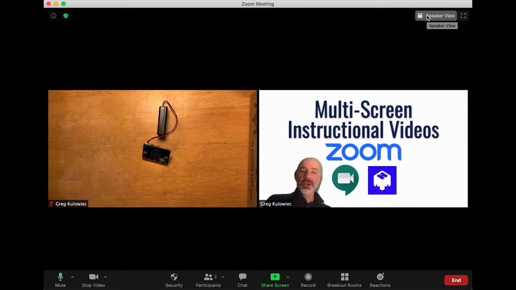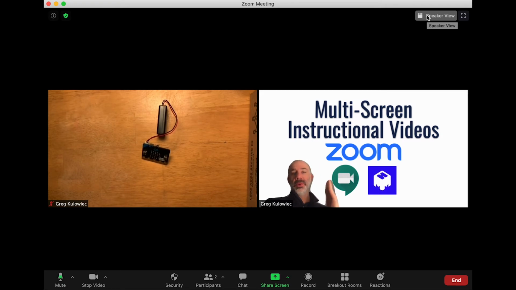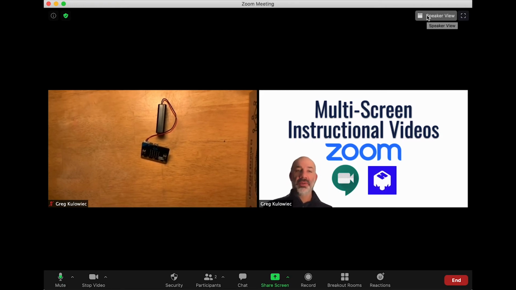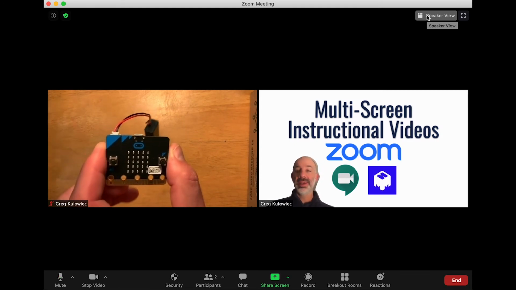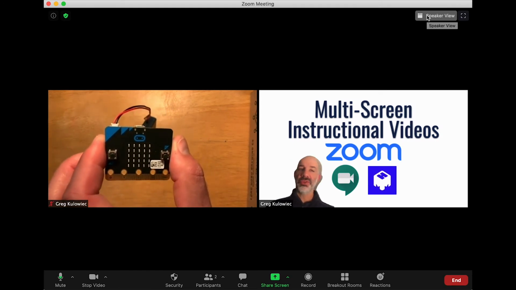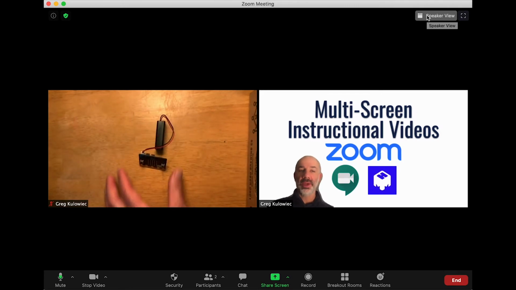And I just have this propped up on a cardboard box right next to me, but you could absolutely have it on a stand. It could be pointing on a horizontal surface. It could be pointing to a vertical surface, whatever kind of building you'd like to do. And so now I can refer to this and then have myself on the screen so students can see both. I can interact with them to the best that I possibly can in this digital environment, and they can see